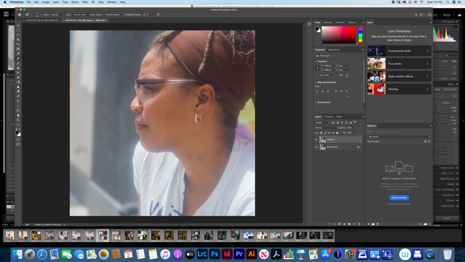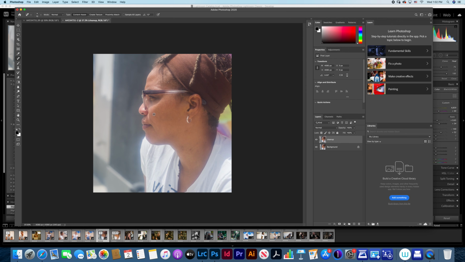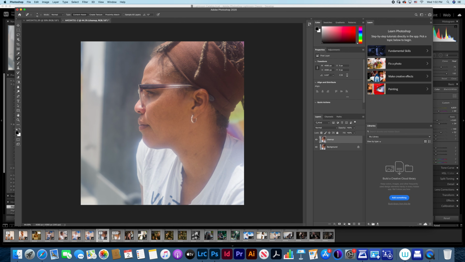And so that reminds you that you're using that layer to clean up the skin. So at this point, I'm going to go over to my handy Wacom tablet and do a little. We're going to start out with spot healing brush, and then I'm going to bring the image up just a bit.